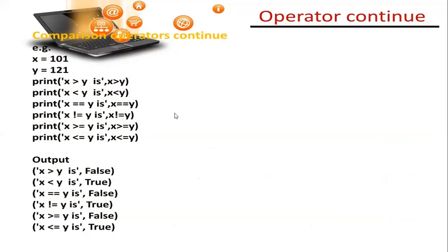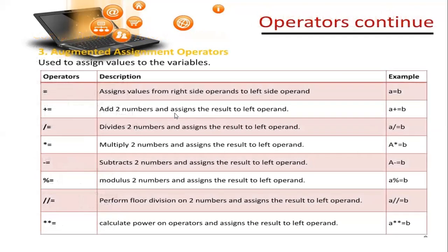Wait. We'll go ahead and we learn the augmented assignment operator. Very important operator. Another important operator. And you are going to fall in love with this operator all the more because it means less typing. Okay. It is used to assign values to variables. We already know one assignment operator, that is equal to. You know how to do A equals to B.